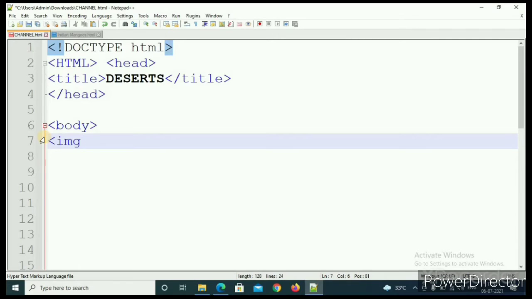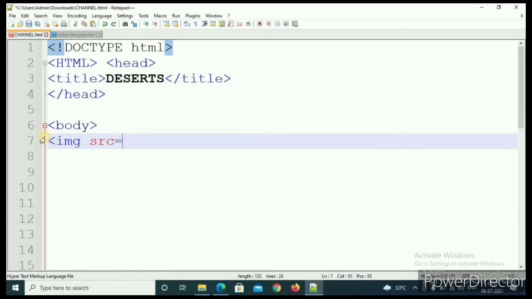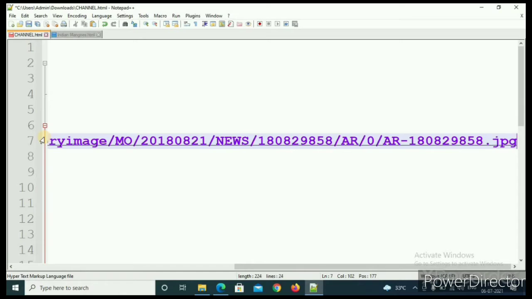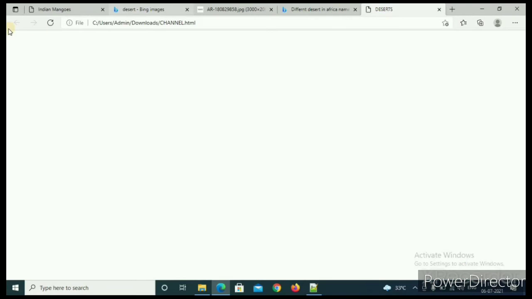Then type src, stands for source, equal to, and then inverted commas, and then paste the link. Then shift plus inverted comma again to close, and then press Ctrl plus S to save it, and then reload. Now see what's happened.